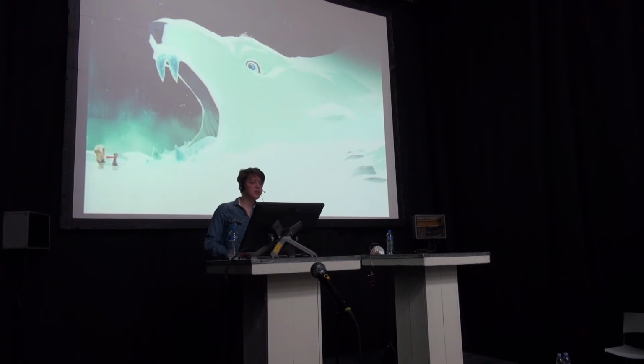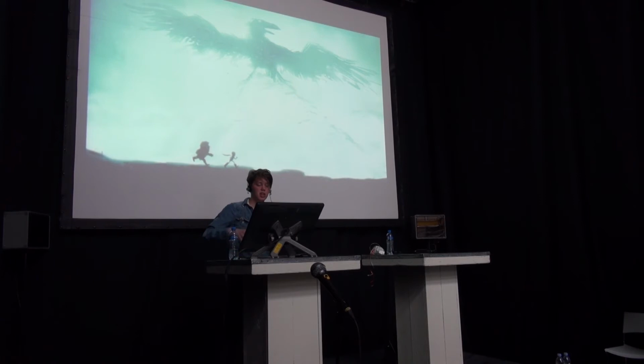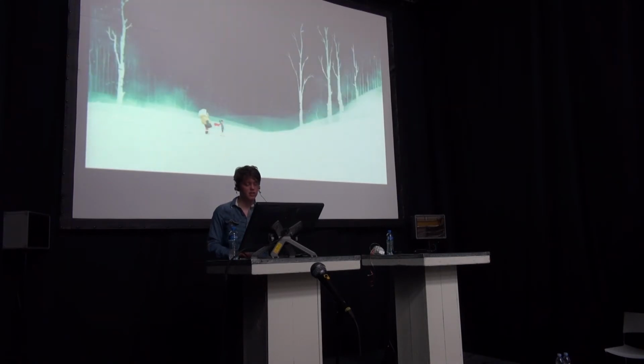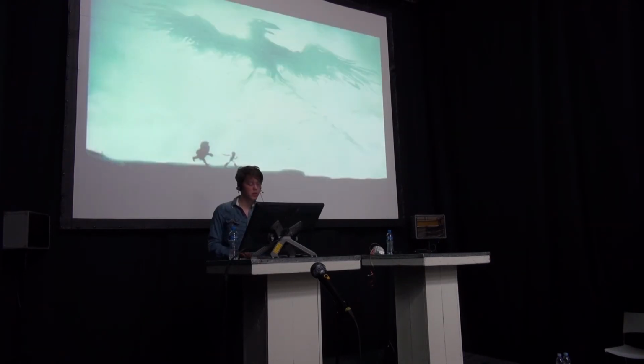Well, the game progresses. This was still early production art, and now we are getting a bit further, and there is more time to explore new ways. So, okay, what if we change? Because the key thing of the style is you have the white foreground against a very dark background, and the lighting, although it's two-dimensional, suggests a flashlight effect, like you're shining in the dark with a flashlight, which ties to the theme of the game. So what if we would flip that and you get the dark silhouetted foreground against the white background, and then